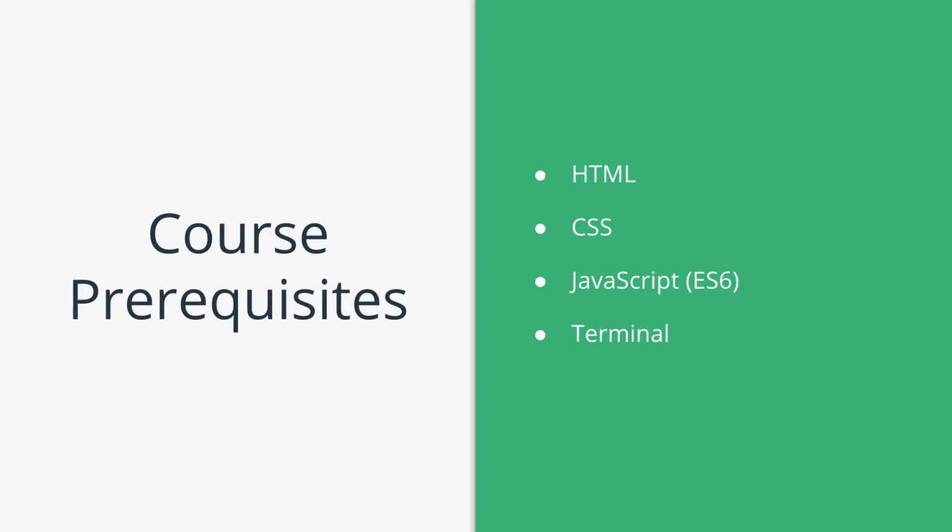All right, speaking of this course, what are the course prerequisites? What are the skills and technologies that you need to know in order to be successful in this course? Well, you'll need a basic knowledge of HTML and CSS to start, and you do not need to be a front-end master. You do not need to be an expert in either of these 2 technologies. You just need to know the basics. You need to understand how HTML elements work, how we nest them, and how they form the structure of a web page. You also need to know the basics of CSS, how we use it to style our HTML elements,